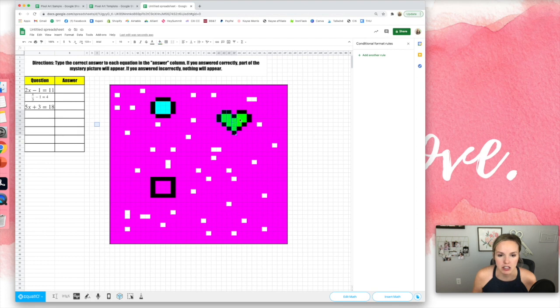I know this is tedious. This is why I don't really make pixel art that much, but so many people love it. There's so many cool things you can do. Okay, so let go of the command key or the control key, right click, conditional formatting,